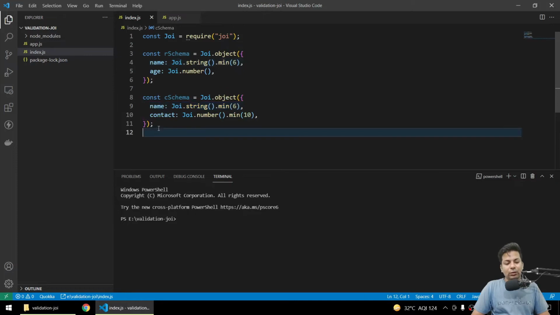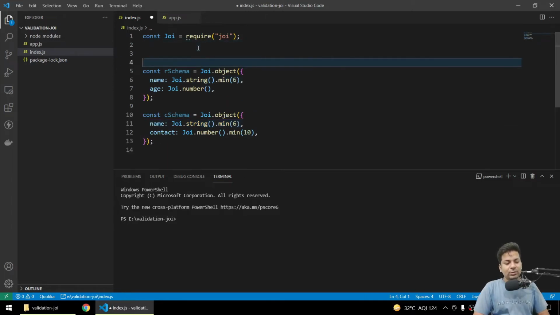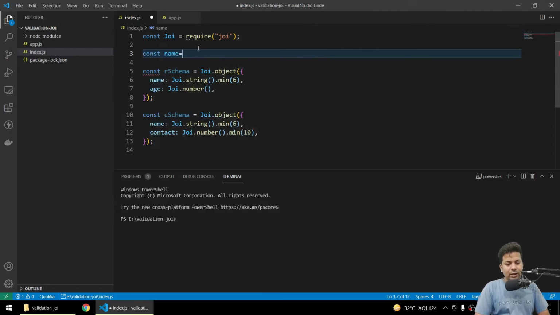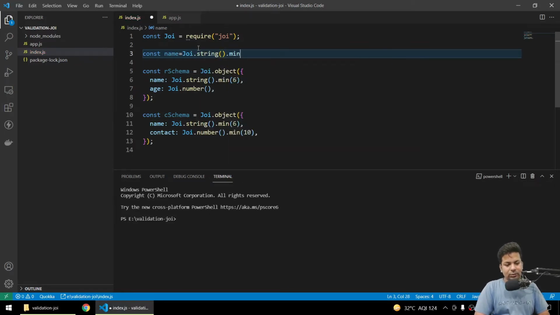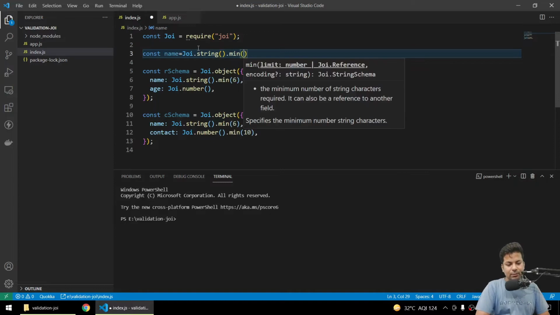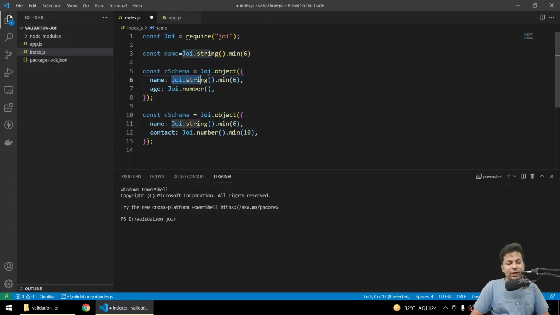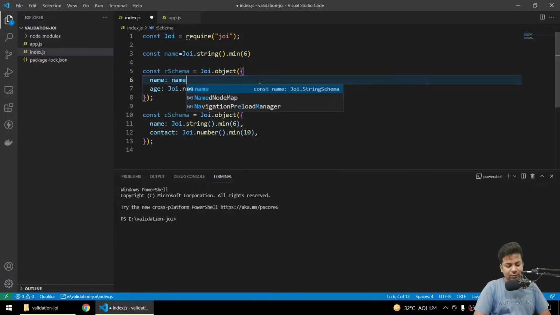So what you can do is make your own schema. You say const name and you say Joi.string.min, sorry, not min, .minimum 6. You just say okay, this is the name, and now instead of writing name and name again, you just pass the name.